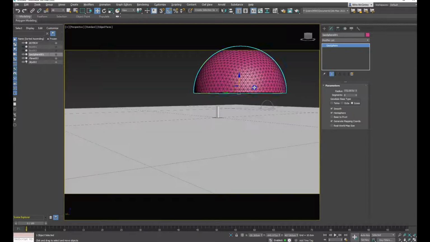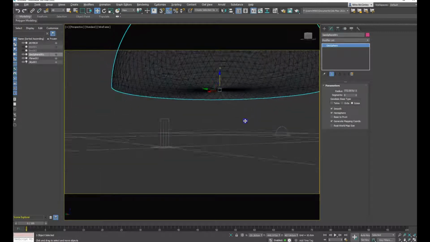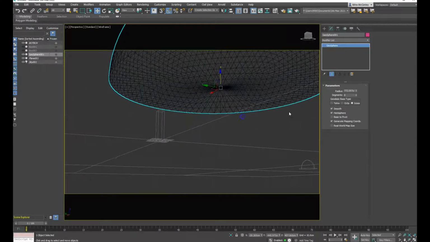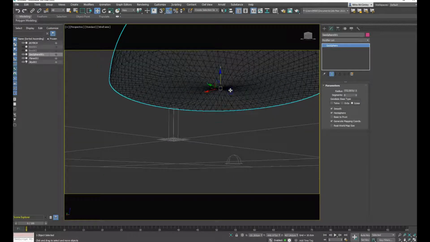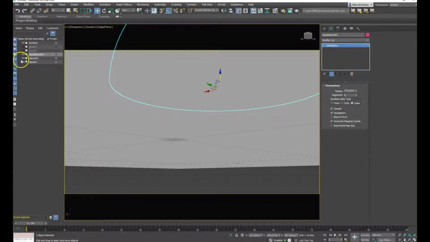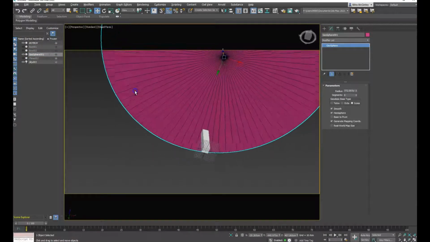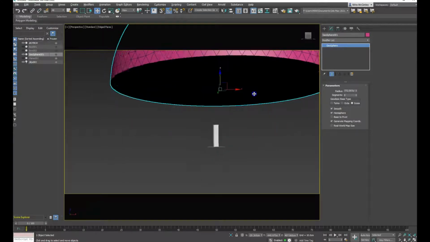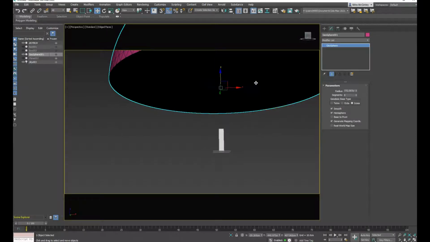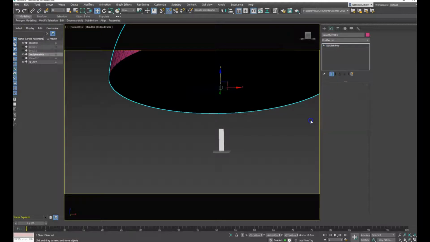What I'm going to do now is just lift it up a little bit, and I want to look underneath it. And I'm just going to go F3 into wireframe mode. I'll just turn off that ground plane. F3, it's a solid object. See that? It's a very solid object. If I want to make this a hollow hemisphere, which I do, I have to do a little kind of maneuver with it. So I'm going to right click on it, go to Editable Poly, or Convert to Editable Poly,